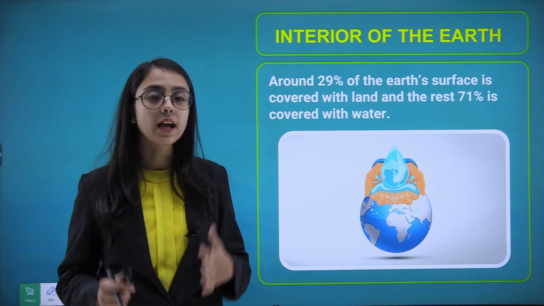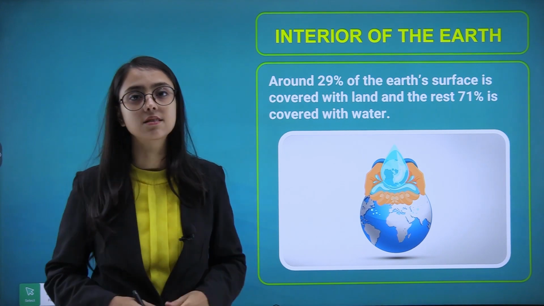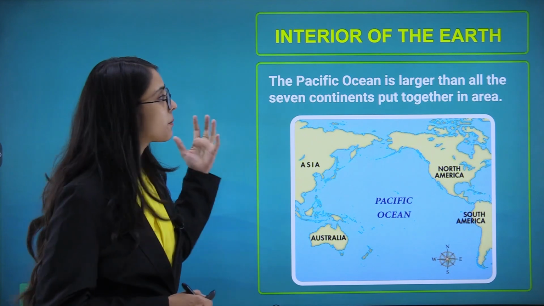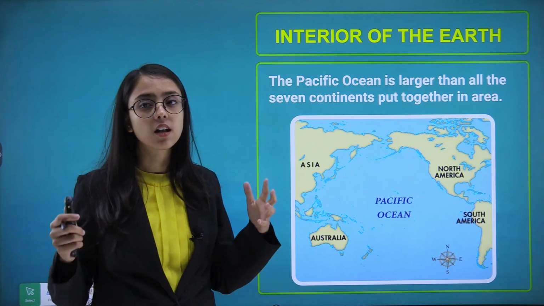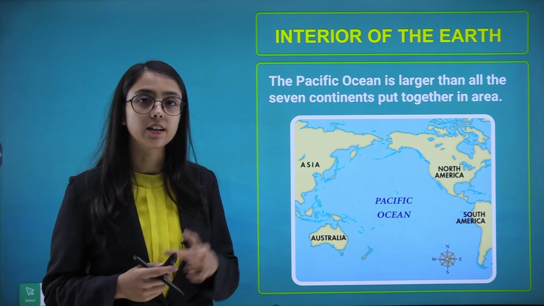Now, around 29% of Earth's surface is covered with land and the remaining 71% is covered with water. Now, the Pacific Ocean is larger than all the 7 continents put together, and it is the largest